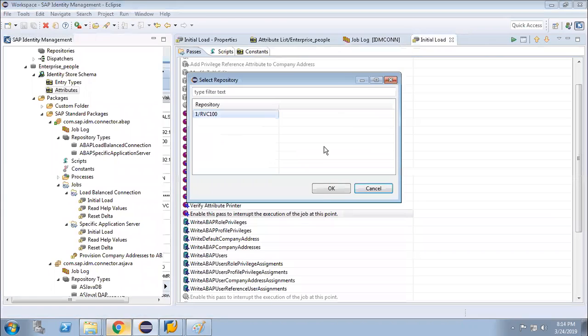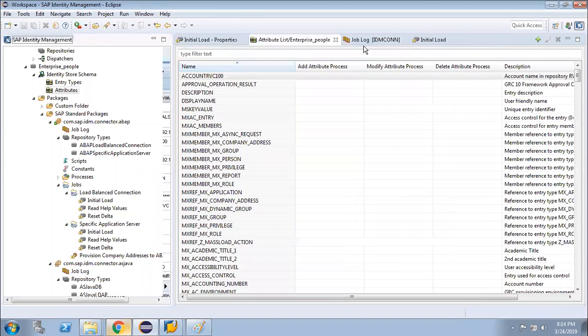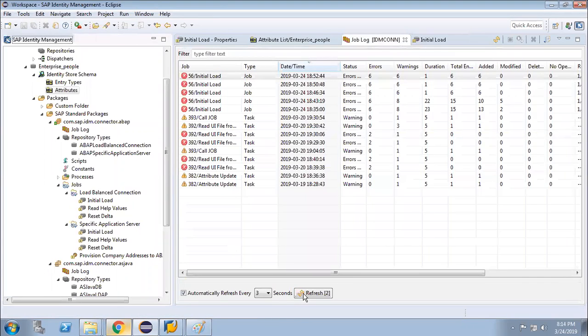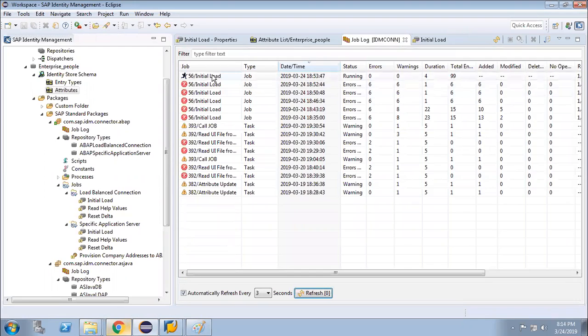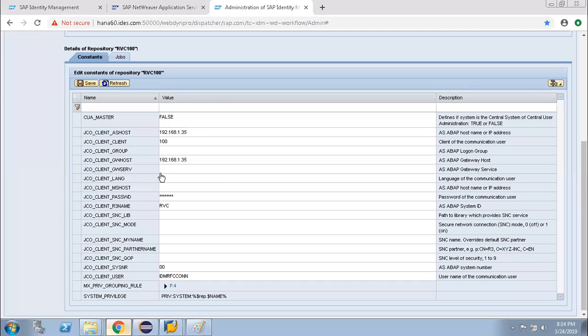So let's try with this one. Sometimes if the server is not maintained, it will not work. See, the server was not maintained, I believe. Usually in a real-time scenario, the server is maintained: gateway server, gateway service, gateway host. Gateway service name is different.